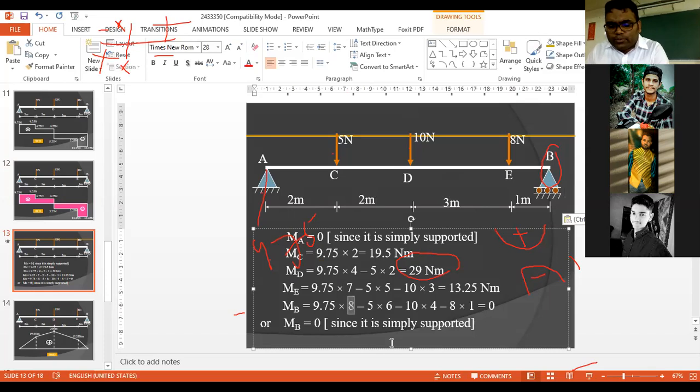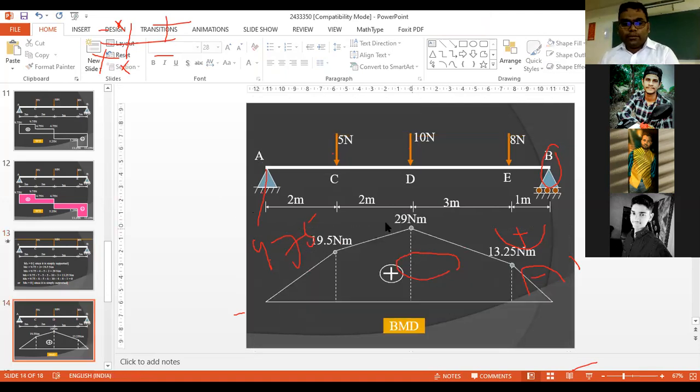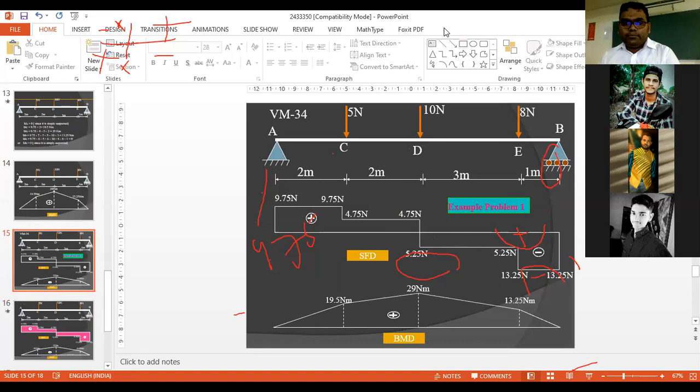Okay it's fine, it's B, हाँ B the 8 total, B means this one, so distance of RA from B is 8 and 5 to distance this is 6 and 10 से इसकी distance कितनी है 4 and 8 से 1, simple perpendicular distance, concept of the moment but sign convention from the bending moment, ऐसे चलेगा। सर इसमें किस साइड, इसमें मतलब टुवर्ड्स B तरफ देखते हैं मतलब डिस्टेंस।